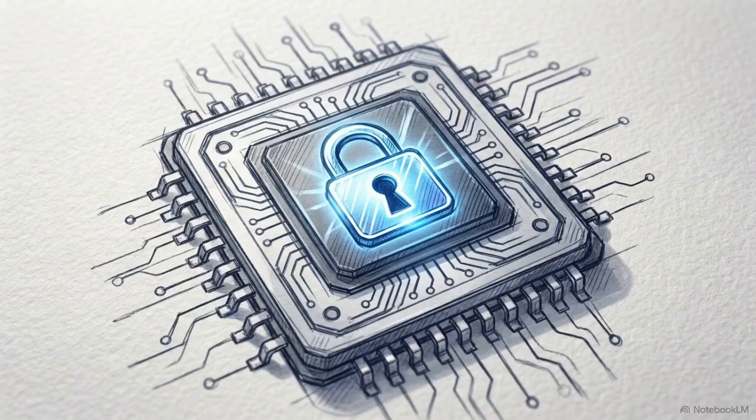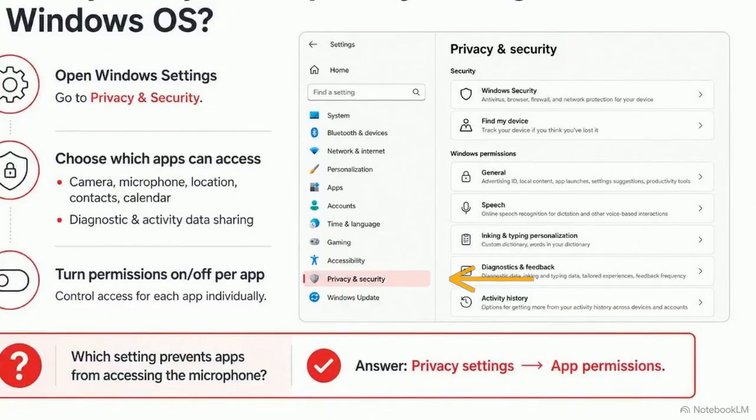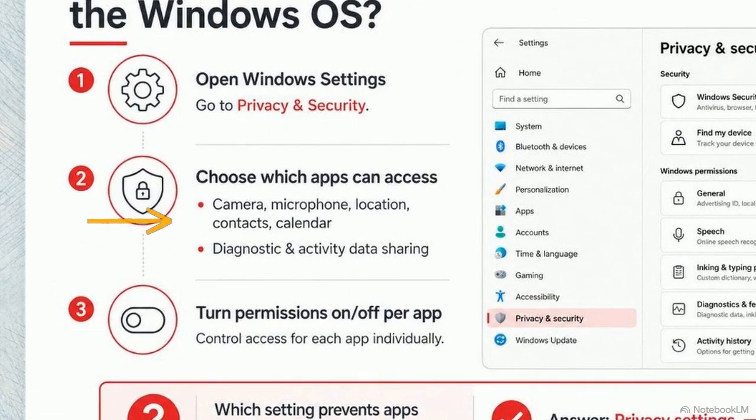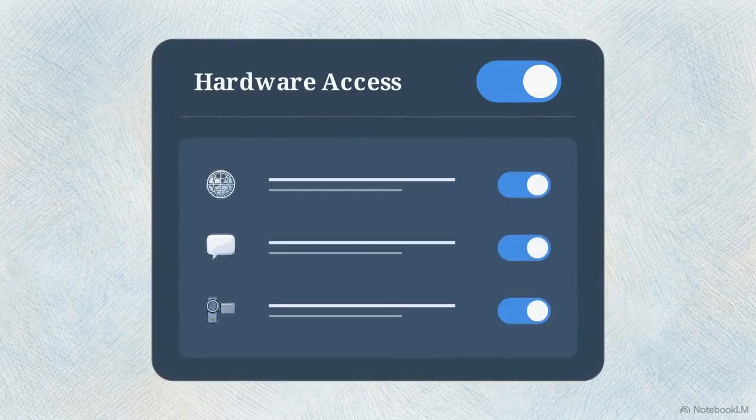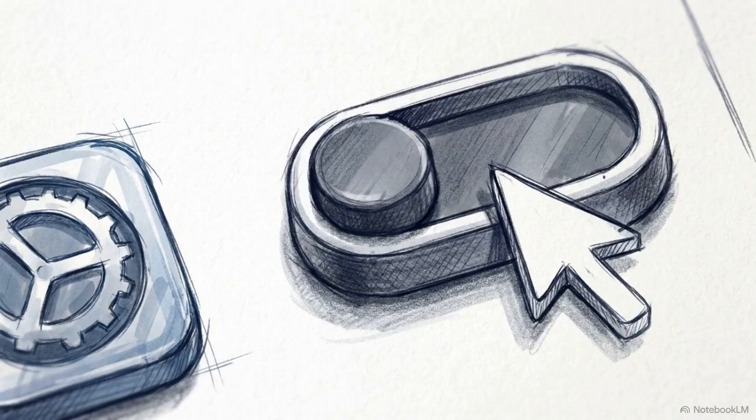Our first priority is hardware security. Open Windows Settings and select the Privacy and Security menu. Using the navigation panel on the left, click into the Privacy and Security tab to reveal the specific app permissions categories. You need to select a specific hardware type, such as the camera or microphone, to define how the system shares that resource. Below the main toggle, you will find a complete list of every installed application that currently has access to your hardware. Go through this list and toggle permissions on or off for each app based on its